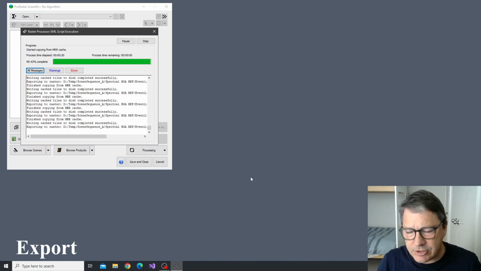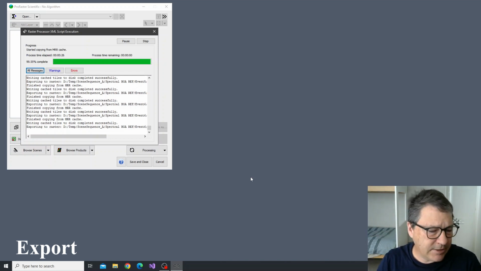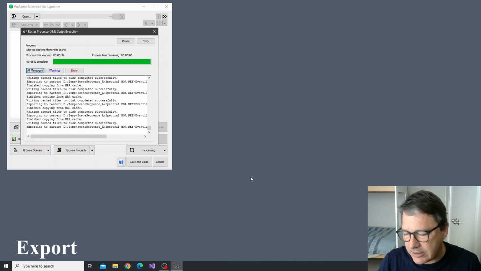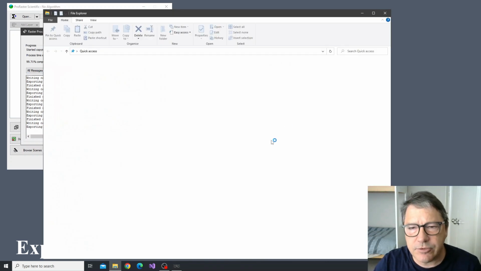Much more messy than just outputting to a single MRR file, which is able to contain all of those things. But if you want to take data into some other system, then it needs to be transportable, and this is the most transportable way of doing it, outputting everything into single banded TIFF files. So let's go to